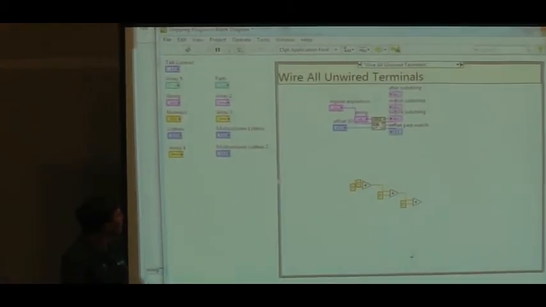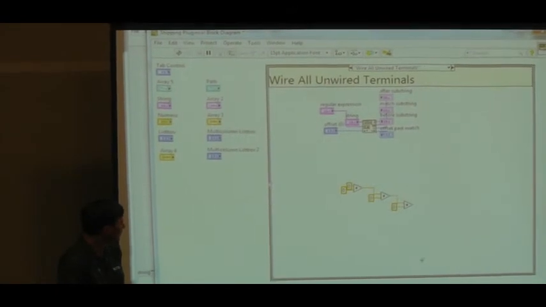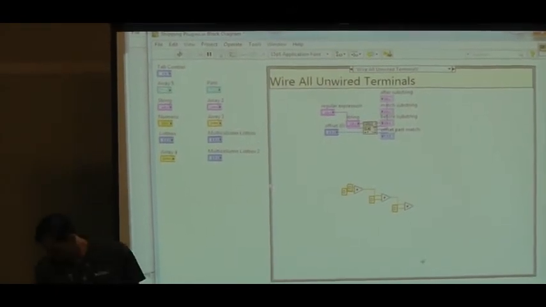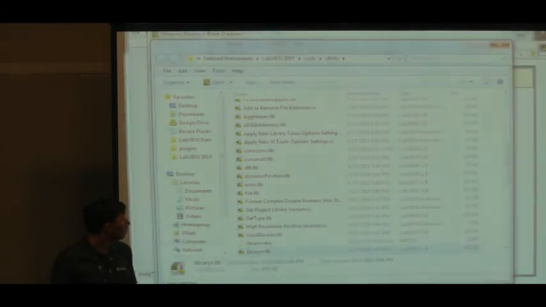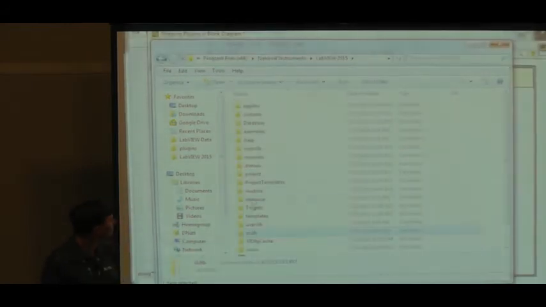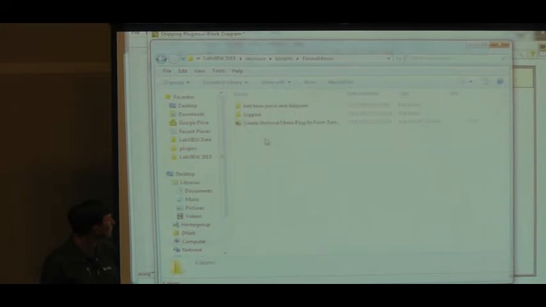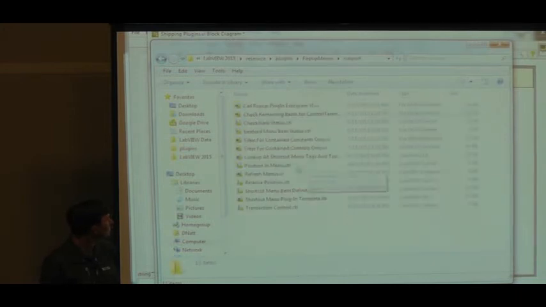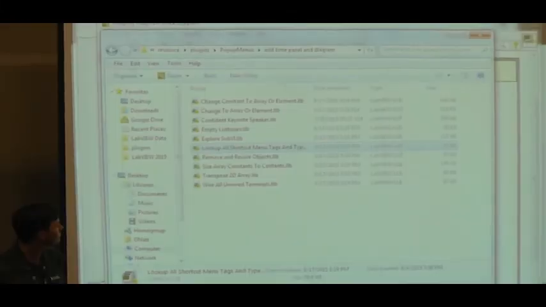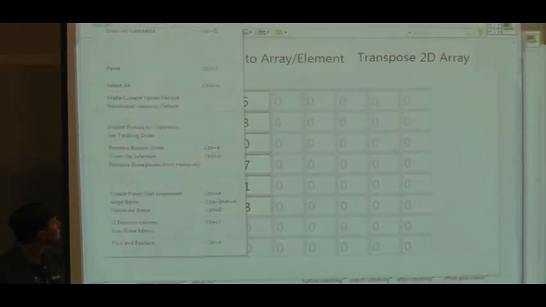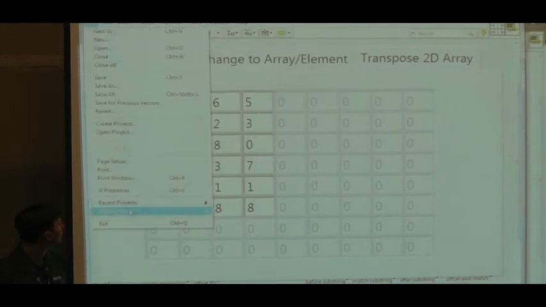All right, so we had a really cool right-click plugin that ships with LabVIEW but isn't enabled by default. It basically helps you debug whenever you're writing your own plugins. And I don't have it installed right now, so I'll go ahead and install it. So if we go into resource, again, all of this stuff is in resource plugins pop-up menus. There is a plugin called Lookup All Shortcut Menu Tags and Types. And if I go put this in my plugins folder, and then I go refresh my menus again, I don't think I left it. Yeah, I guess we did. So if I go refresh my menus again,